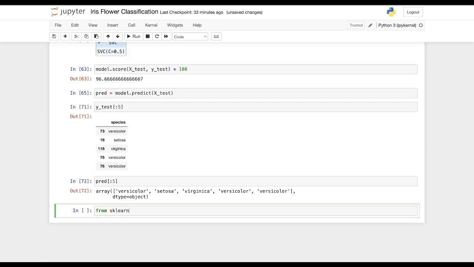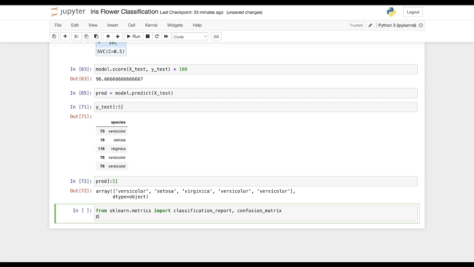From sklearn.metrics, you import classification report and confusion matrix, and we will print the classification report consisting of true labels which are stored in Y test and the predicted labels which are stored in pred variable.